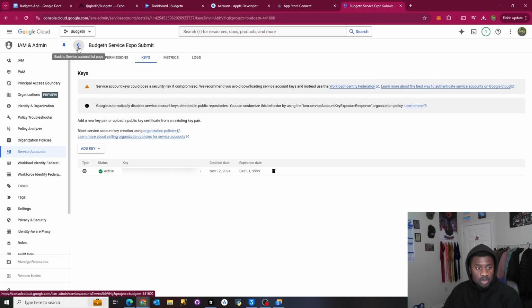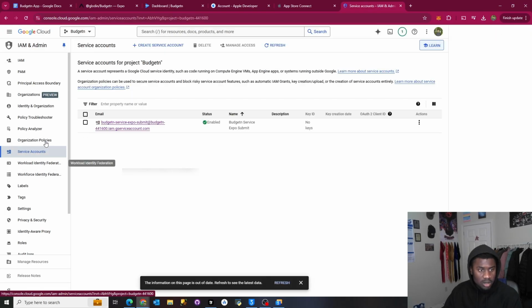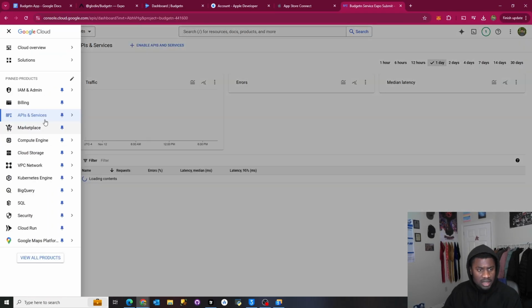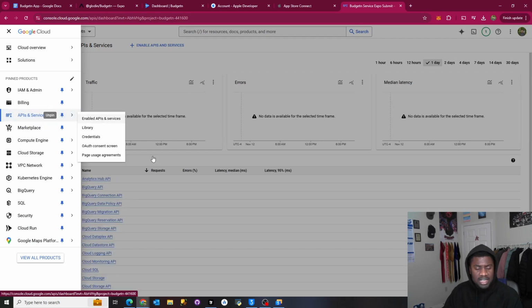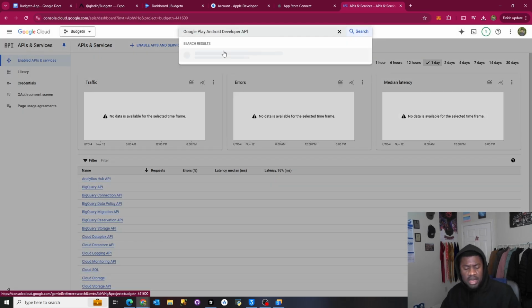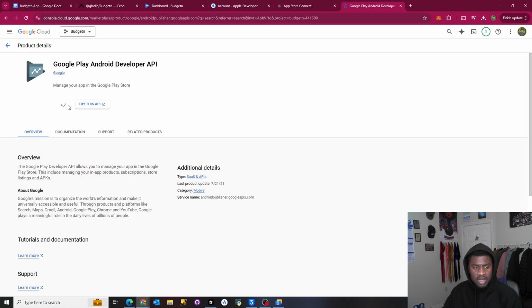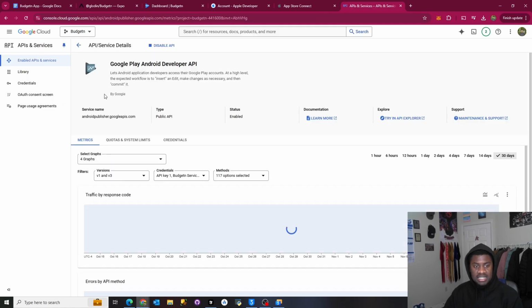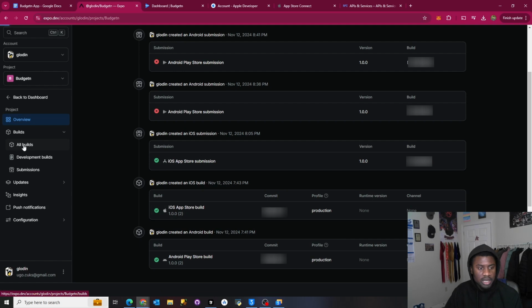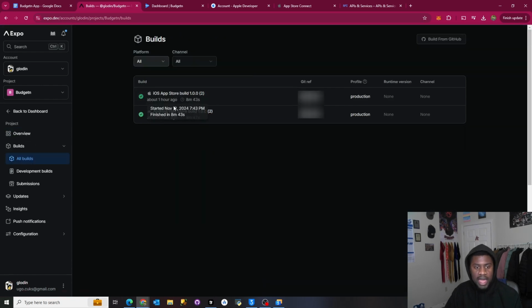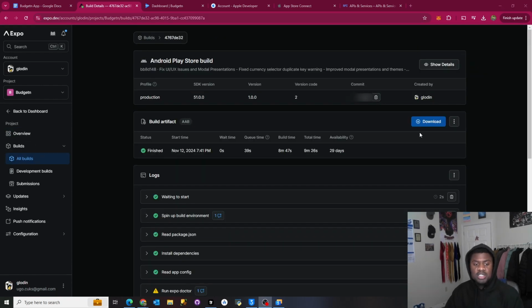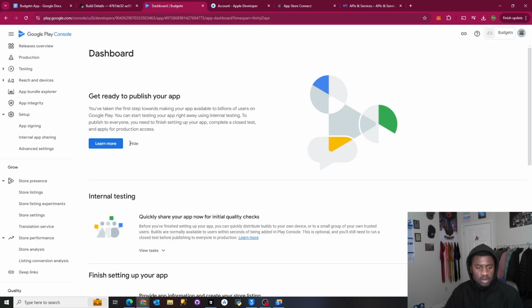But the next step is to actually go and install that API. If we go back, it should be under enable API and services. Search for that specific API, and we want to enable that. So now that API is enabled, so if we go to the builds and we go to the Android build, the first submission needs to be done manually. So we're just going to download the Android Play Store build, and this is only for Android. And then if we go to the dashboard,